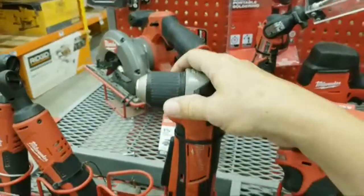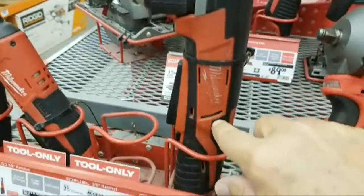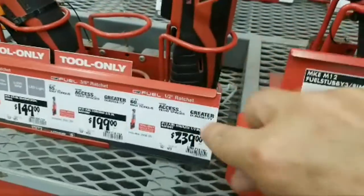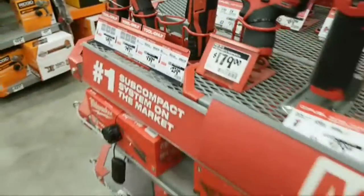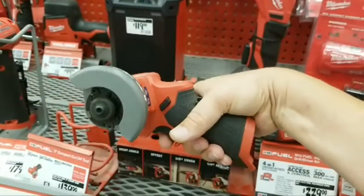By the way, they still haven't corrected this thing. This is in the wrong spot. This is a right angle driver. This should be like 89 bucks or something like that, but they got it in the spot of the 1/2 inch ratchet. So I do want to score one of these soon and review this,